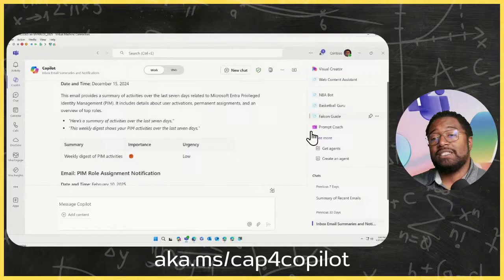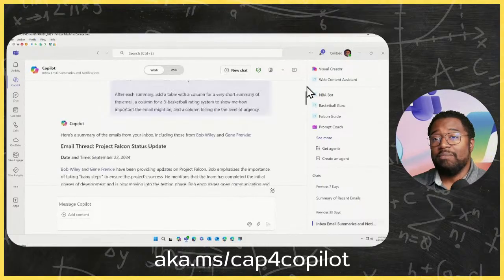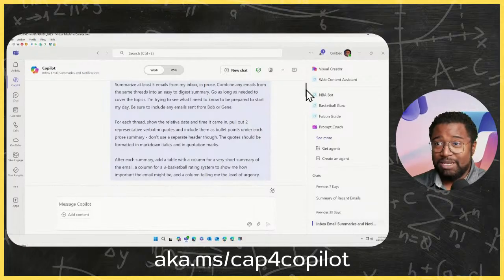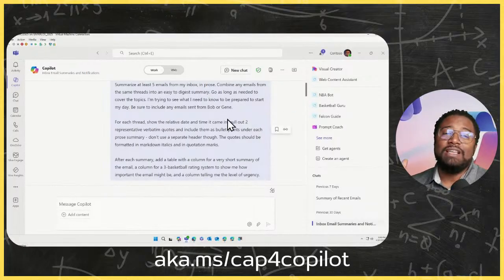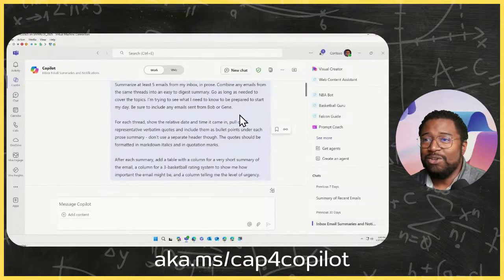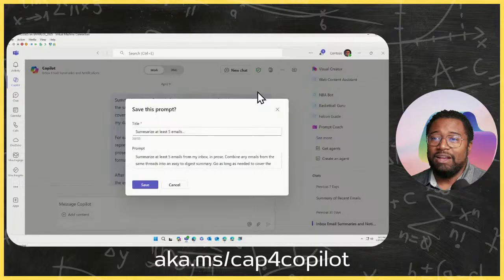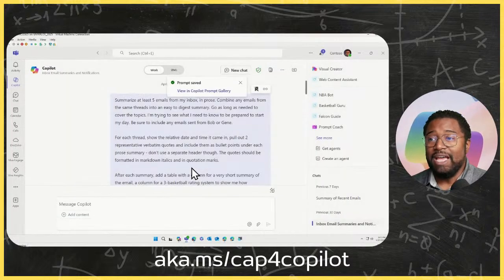So again, if I scroll back up to the top, this was that super massive 3-paragraph prompt that, of course, once I've typed up 3 paragraphs, you're going to want to save this, hit the little bookmark there and save that prompt, because I don't want to type this every time, right? So I would save that.